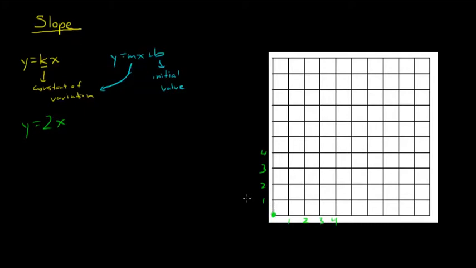If x is 1, then y is going to equal 2. And if x is 2, well, 2 times 2 is 4. So here you have a straight line, something like this. Okay, so that's direct variation, and you know it's direct variation because the line passes through the origin,